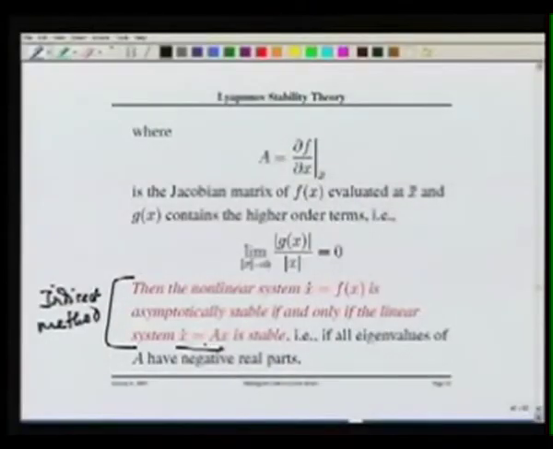The real part of the eigenvalues of A, if they are negative, then the system is asymptotically stable around the equilibrium point. That means that all the eigenvalues of A have negative real part. So, what is the advantage of this method? It is very simple, because if x dot equal to f x is given,